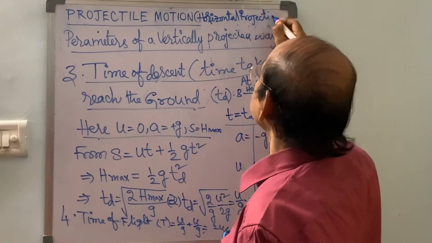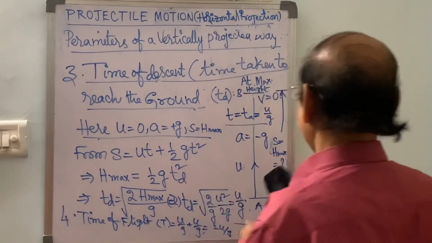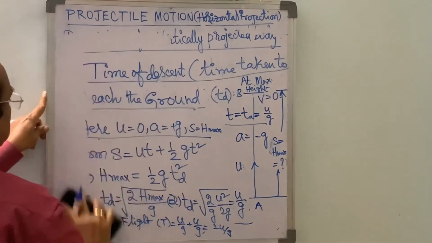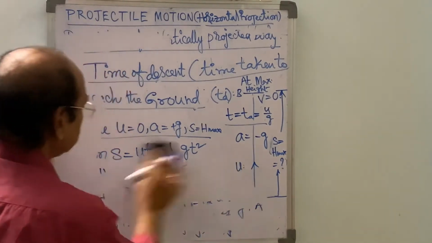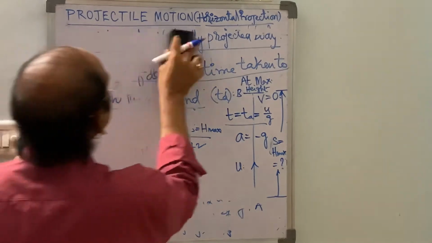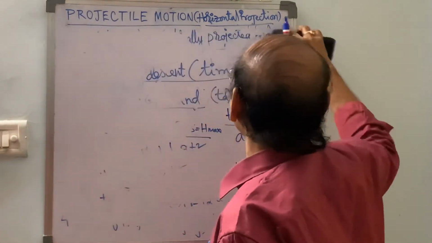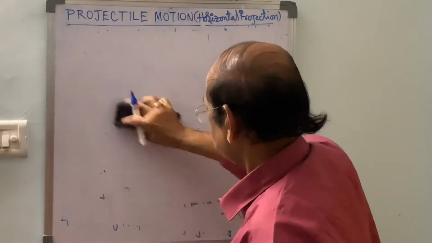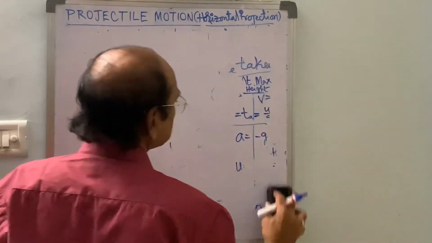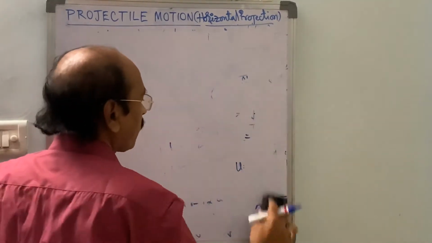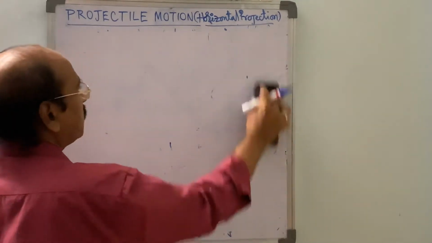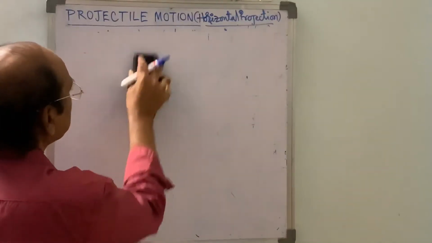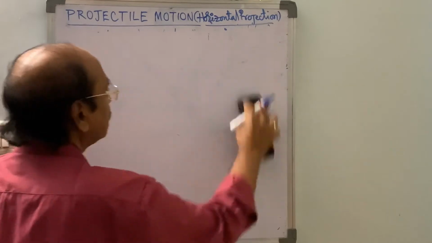Our main topic is this one. And now we have recapitulated the fundamentals. Till now we discussed the vertical projection. Now, when we consider the projection, the angle of projection in this vertical projection case, theta is equal to 90 degrees,